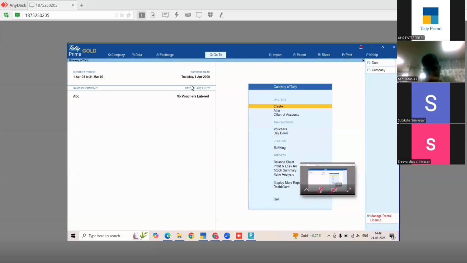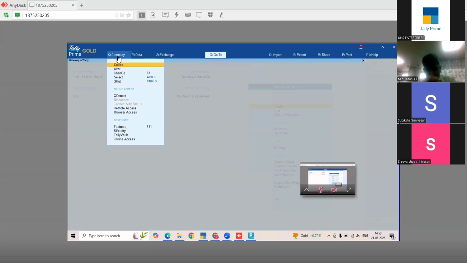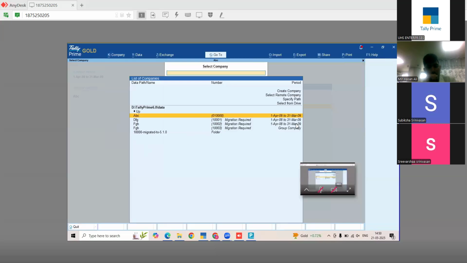See, the company is already loaded. Again, if I want to open another company, I have to go to company, select company, and you can select the other companies. Okay, this is the procedure of activation, reactivation, and